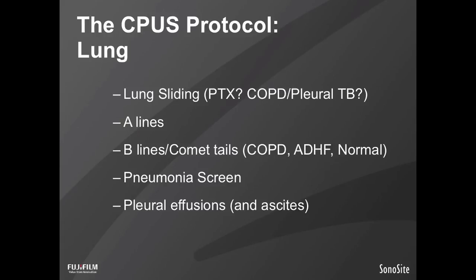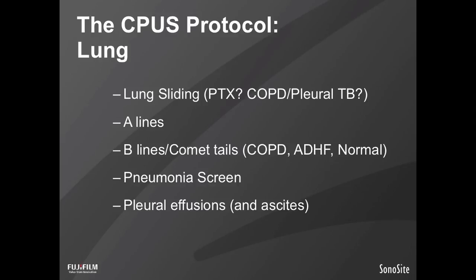Now let's move on to the lung portion of the CPUS exam. We used to think that air was our enemy in sonography and that the lung just got in the way, but the field of lung ultrasound has expanded and it's proving to be a sensitive tool for diagnosis of many pulmonary conditions. So what we're looking for in the lung portion of the CPUS exam is lung sliding, B lines versus A lines, and if we're suspecting a pneumonia, we'll discuss how to screen for that. We're also looking for pleural effusions, and we're going to sneak a peek below the diaphragm to look for ascites as a